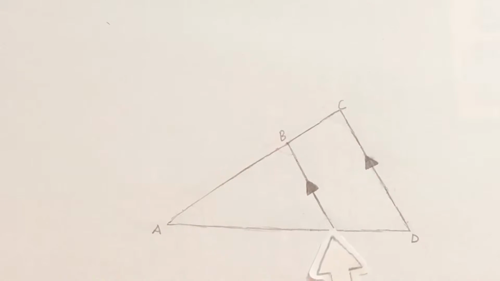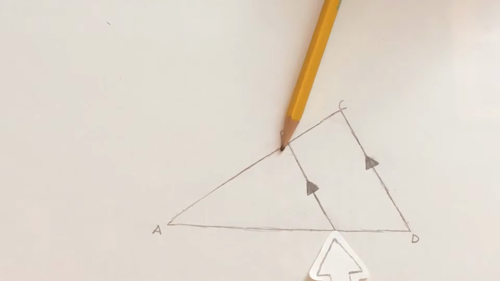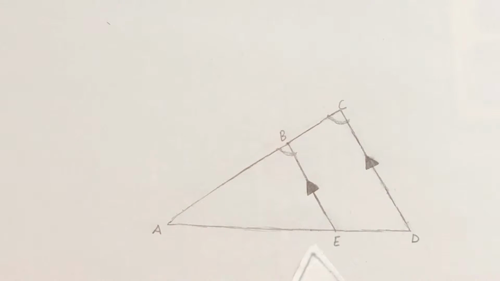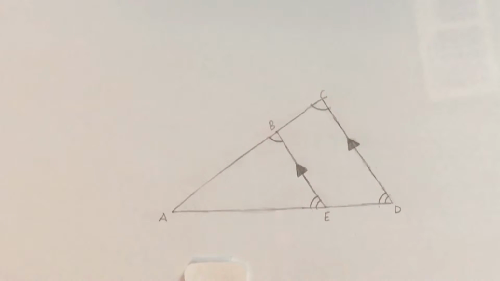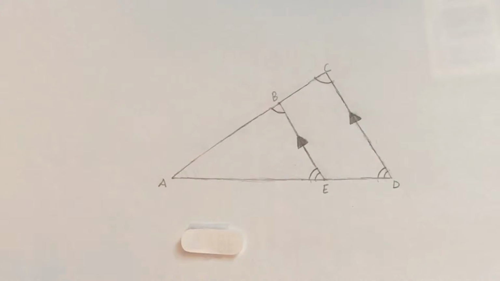So we're given that BE is parallel to CD, so that means that angles ABE and BCD are congruent because they are corresponding angles. So we can go ahead and mark those. And it also means that angles AEB and EDC are congruent to each other, so we can mark those as well. And angle A is congruent to angle A, because angle A is angle A. But we don't use that third angle unless there's numbers, so just get rid of that. So now we know that the two triangles are similar because of angle-angle similarity, so now we can write a